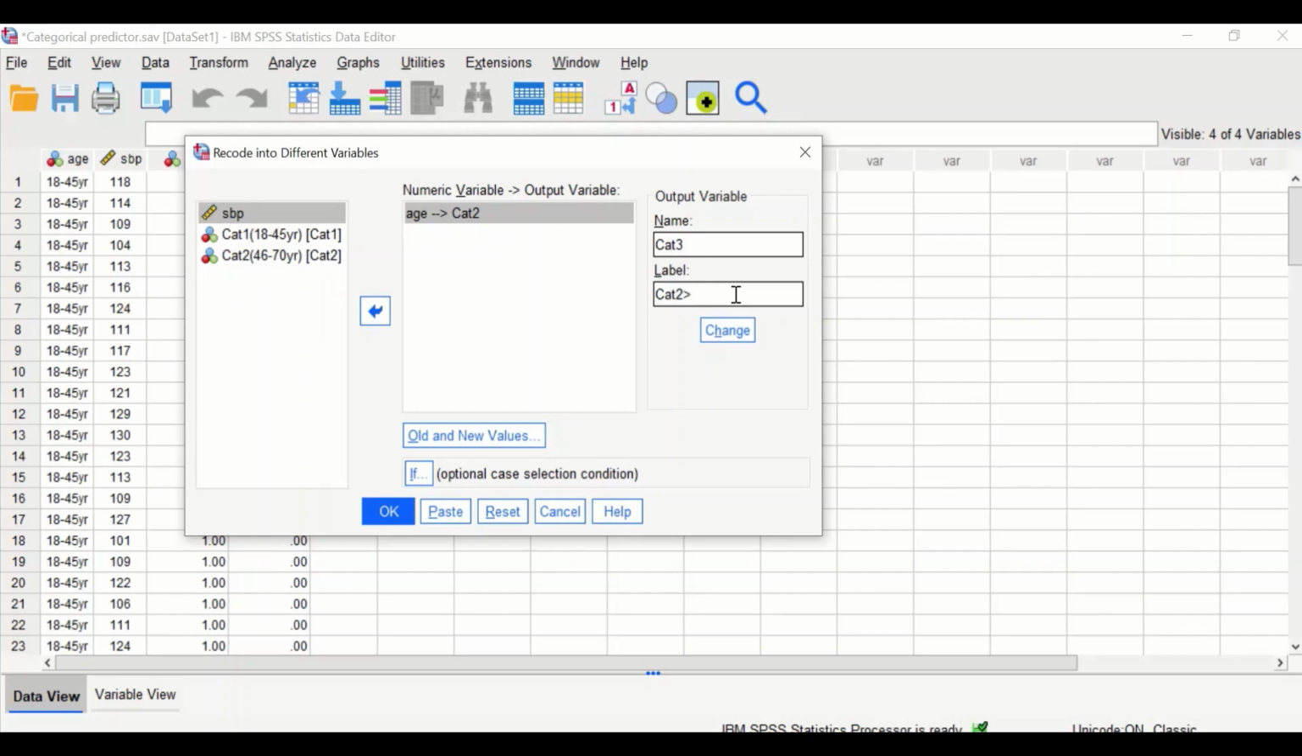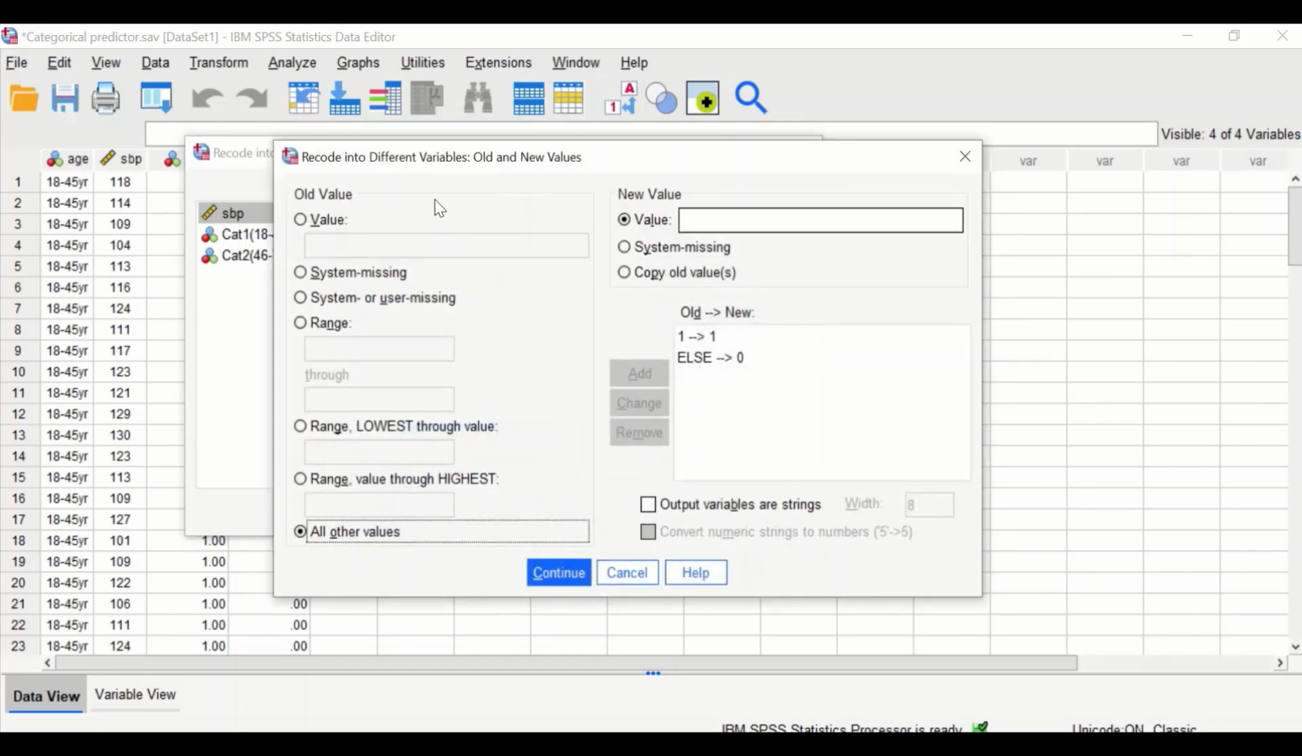Insert the first of all is category 3, and then insert greater than 70. Change the output variable into cat3, and then click on change, and then click on all the new values. So the old values for this level was 2, and first of all, we need to remove